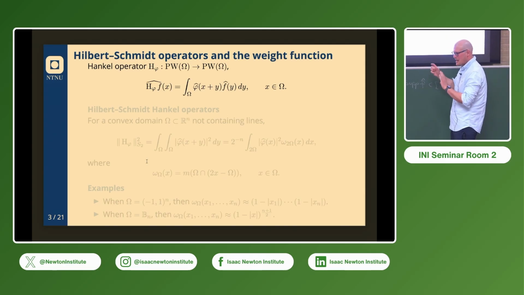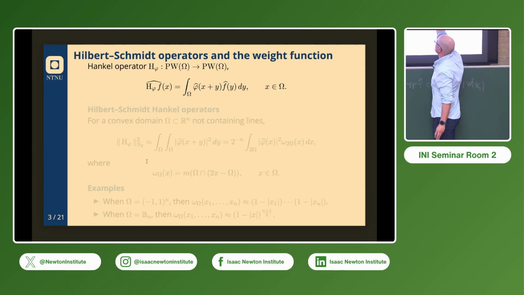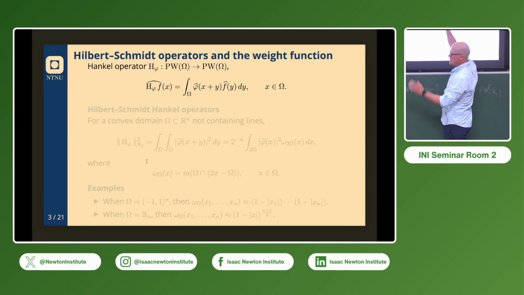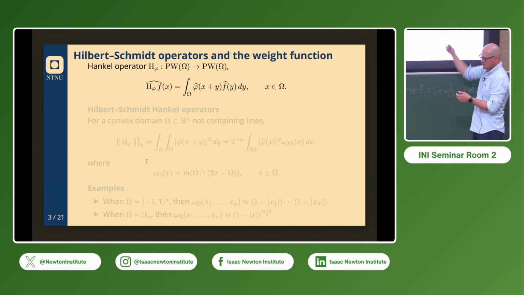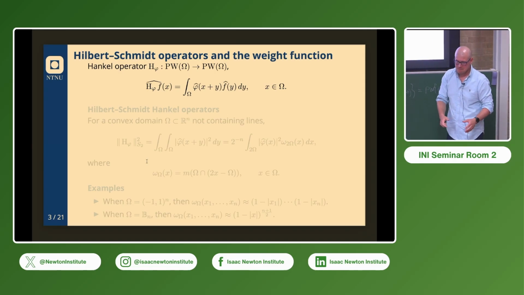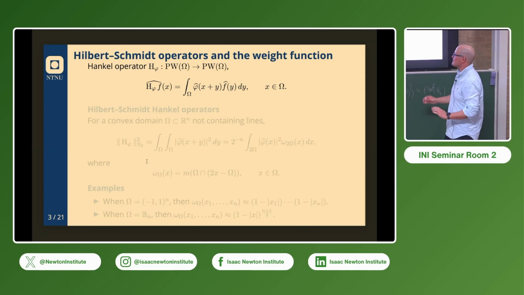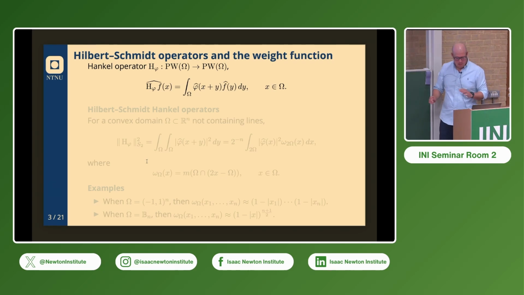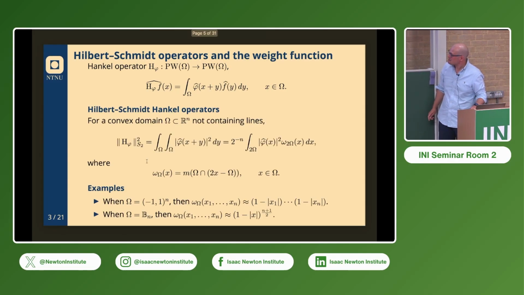It's a convolution type operator where you start by projecting onto your Paley Wiener space, you do the convolution or the flipped convolution in this case, and then you project back onto the Paley Wiener space. So this is like a Hankel operator, which is a very classical type. But let's deal with the plus so that we still have an interesting question for the Hardy space. So better to talk about Hankel operators.